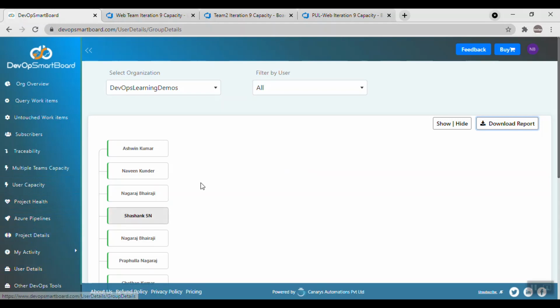Then we saw the user details, which gives all the permissions. We can even see which group this user is part of in which team project, whether a contributor, a project administrator, or a reader group. So we can get those details in one view, which is again difficult in Azure DevOps.